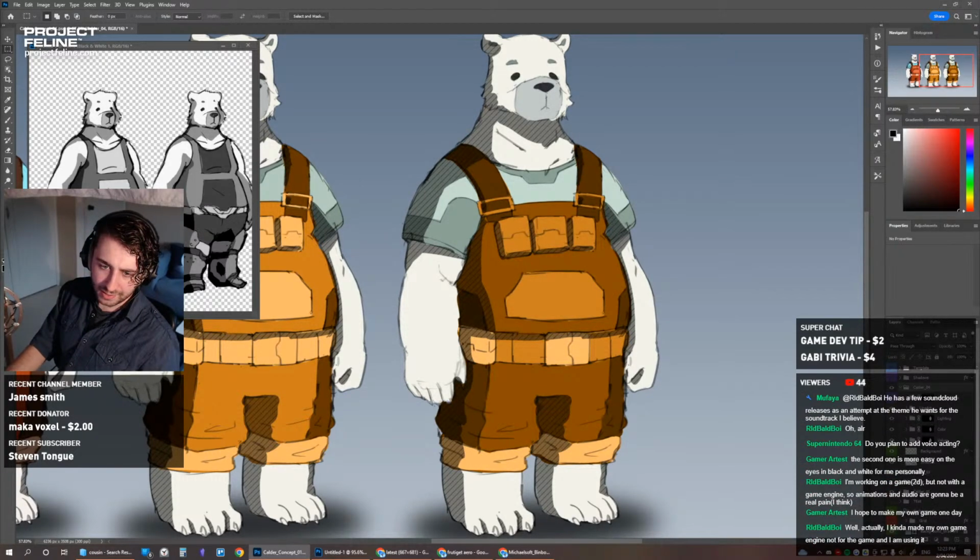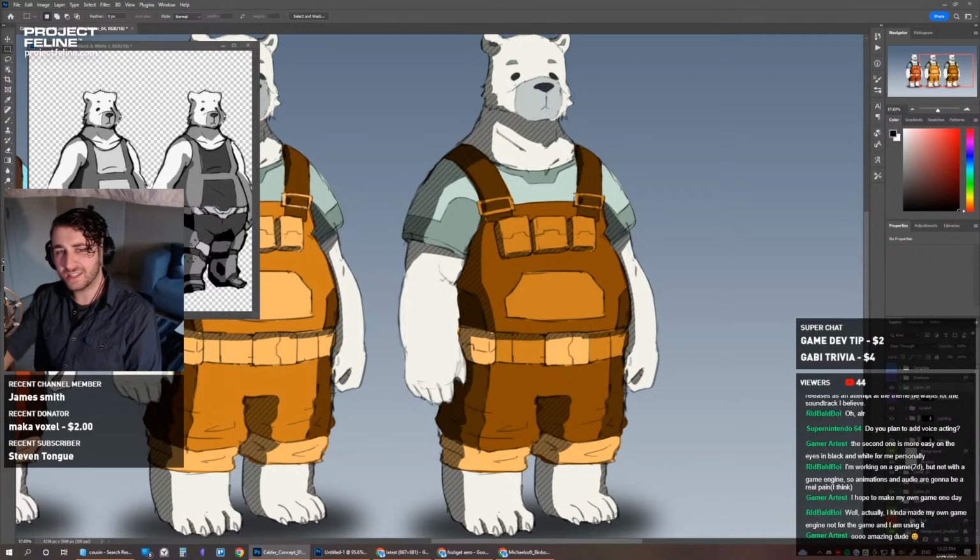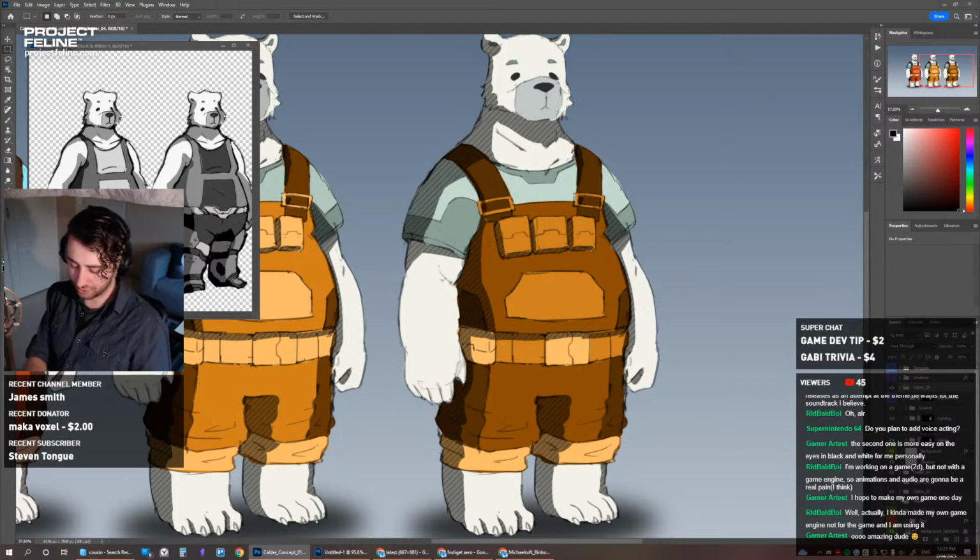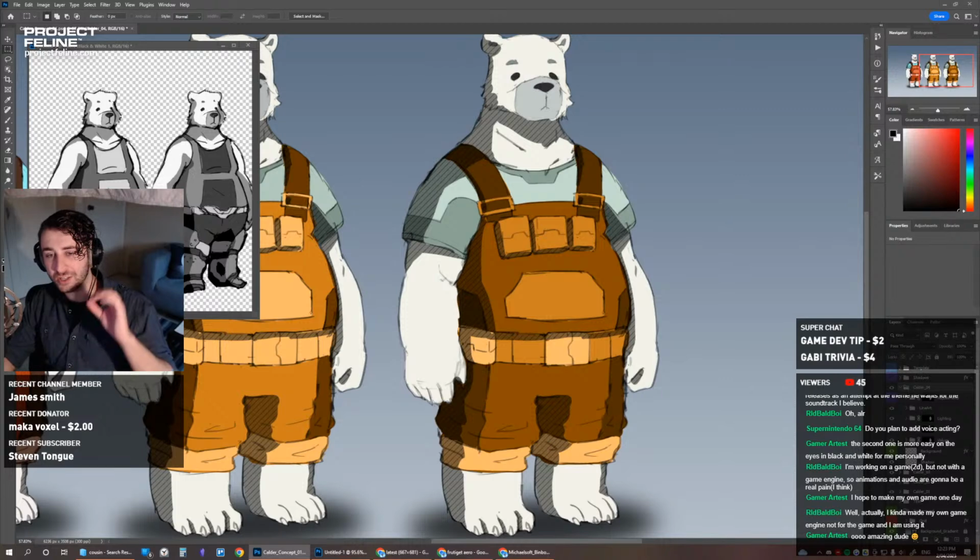I'm trying to think what kind of brown, because there's a lot of browns. I'm going to search up a brown color palette. Oh, wait a minute. Actually, you know what? I'm going to steal from myself yet again. Because there is one example of brown that I do like, and that is kookaburras.